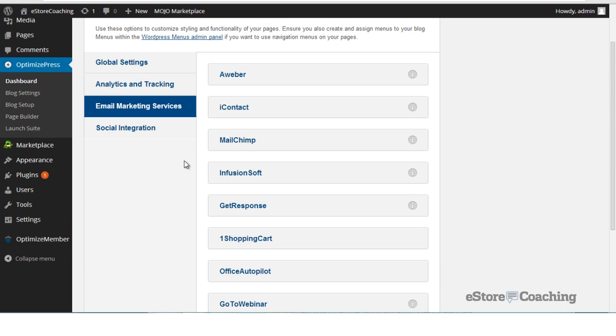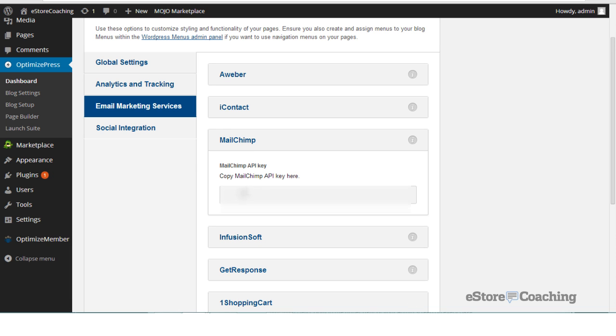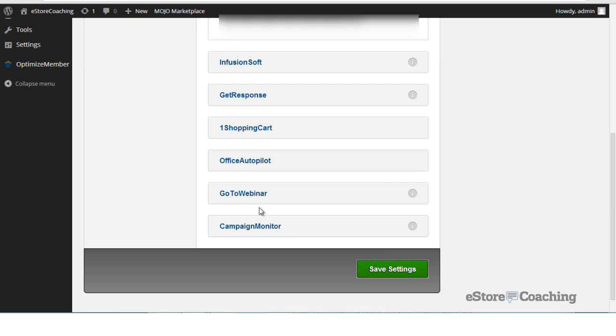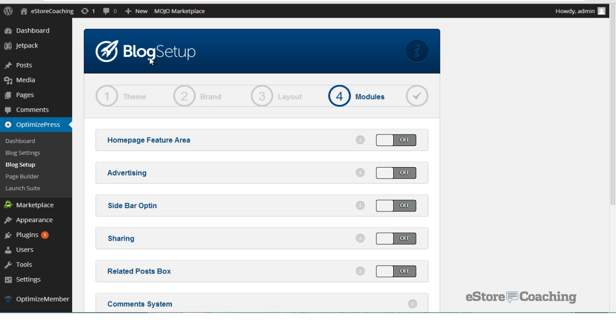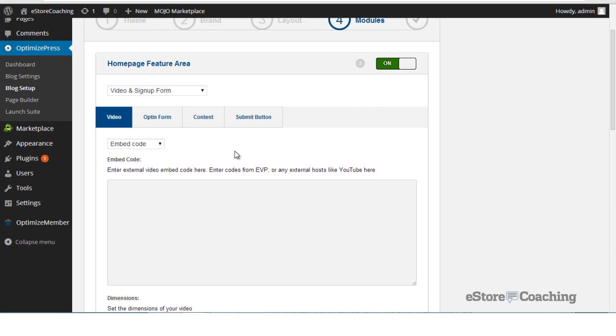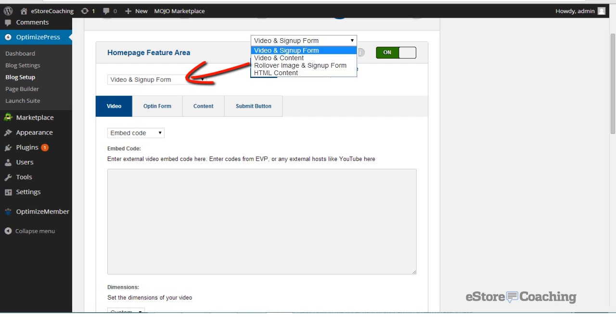So I'm going to click on one of my current email providers, enter your API key. Since I have MailChimp, I'm going to select MailChimp, enter my API key, and other items can include your username and password to make your association. So that's saved and done. I'm going to go back to my modules, and what I'd like to do first is enable my homepage feature